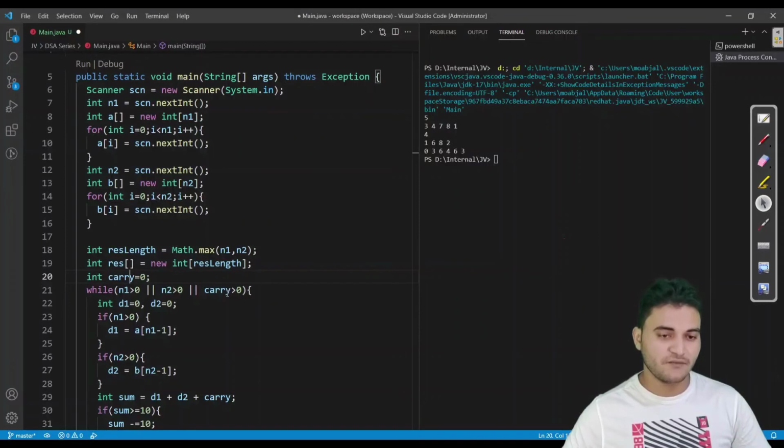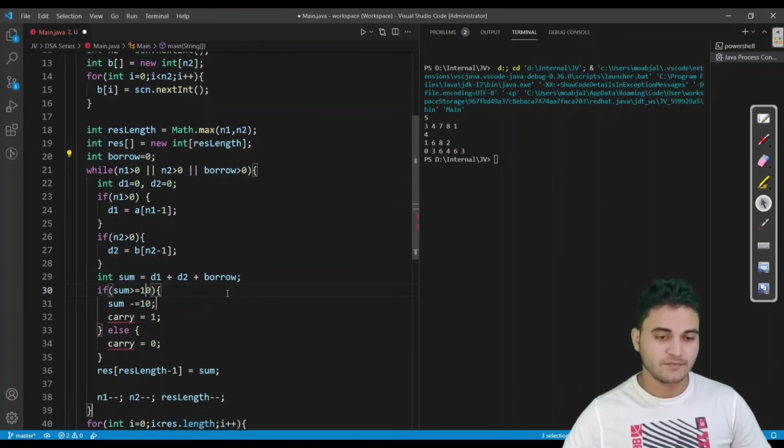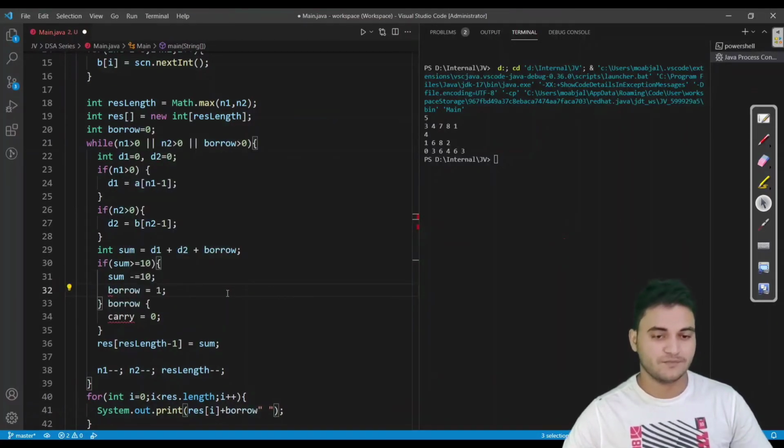Now carry would be replaced as borrow. And this has to be also replaced as borrow. Let us do it this way.